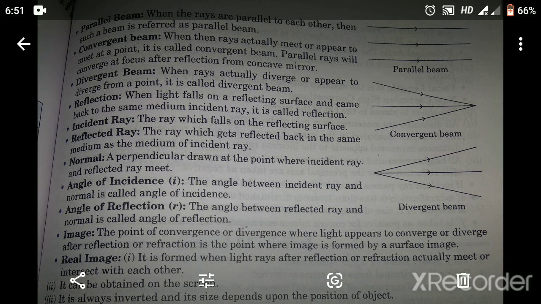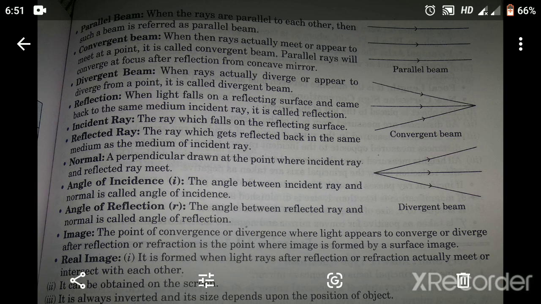Okay, hello everyone. So in the previous video we have learned about light and types of mirrors. After that, in order to know how images are formed by mirrors, both plane and spherical, we have to study some terms to represent ray diagrams and image formation by spherical mirrors. We have learned about what is a ray. In the formation of images, we understand what is a ray. A straight line is used for making a light ray.